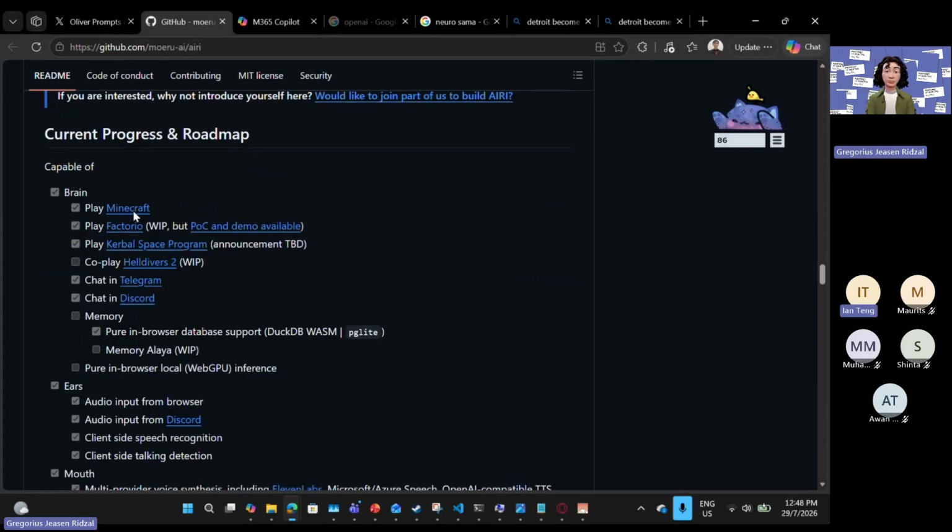It's able to play games? Yeah, it's able to play Minecraft, dude. That's crazy. Play Kerbal, which is kind of crazy. It gets to play Helldivers too. Isn't that game a bit too complicated for AI to play? Man, you just need to shoot, right? And follow objectives. I guess, yeah. Huh. You can play Factorio. Yeah, but Factorio is like programming in a game.